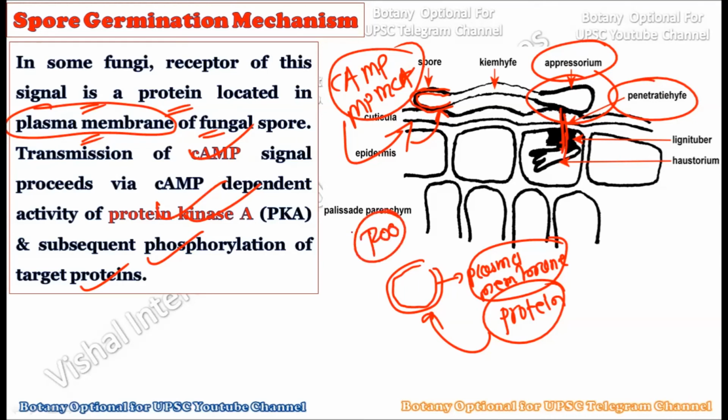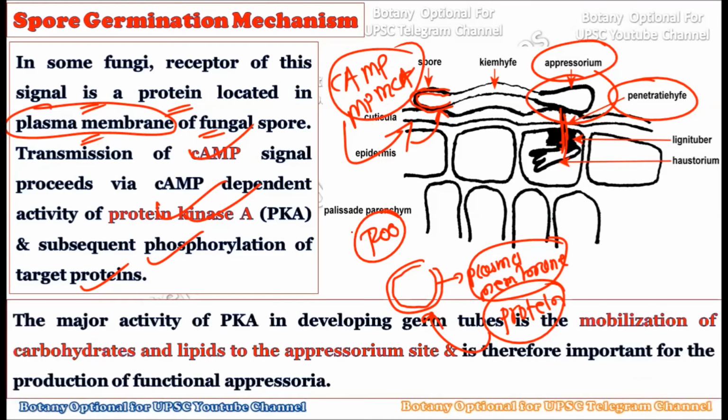Okay, so physical signals and chemical signals together were combined, producing the effect of the further infection, which is going to occur due to the germ tube receiving the positive signals from the host plant. Now, the major activity of the PKA in the developing germ tube is the mobilization of the carbohydrates and lipids to the appressorium site. At the first slide, we have discussed this, that once it receives the positive signal, it